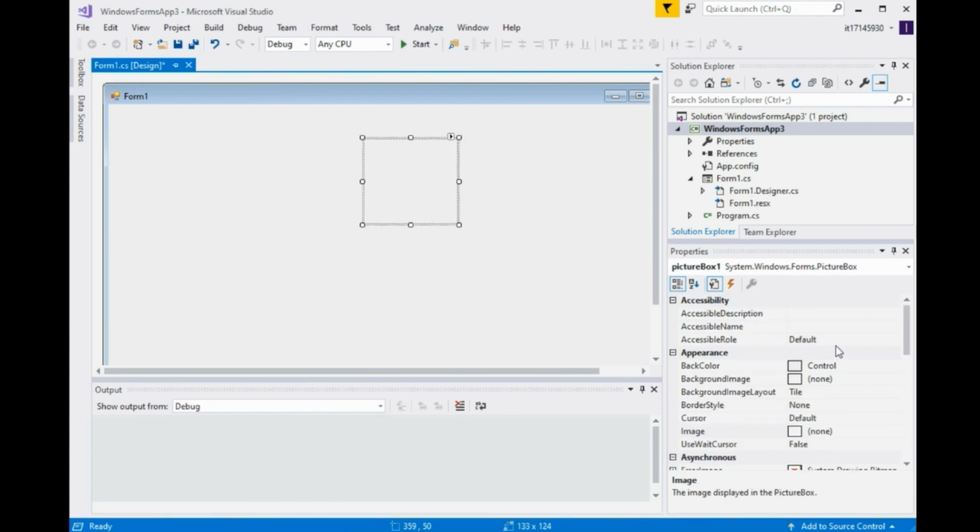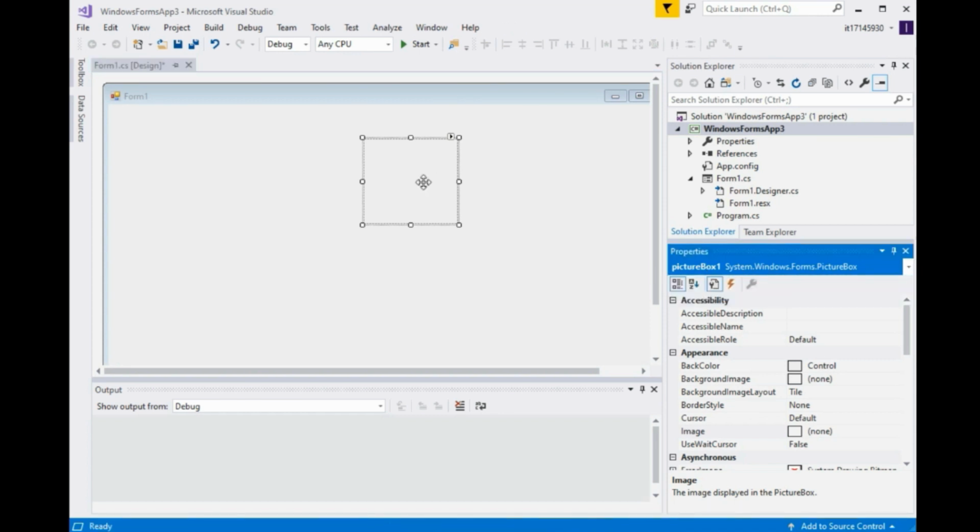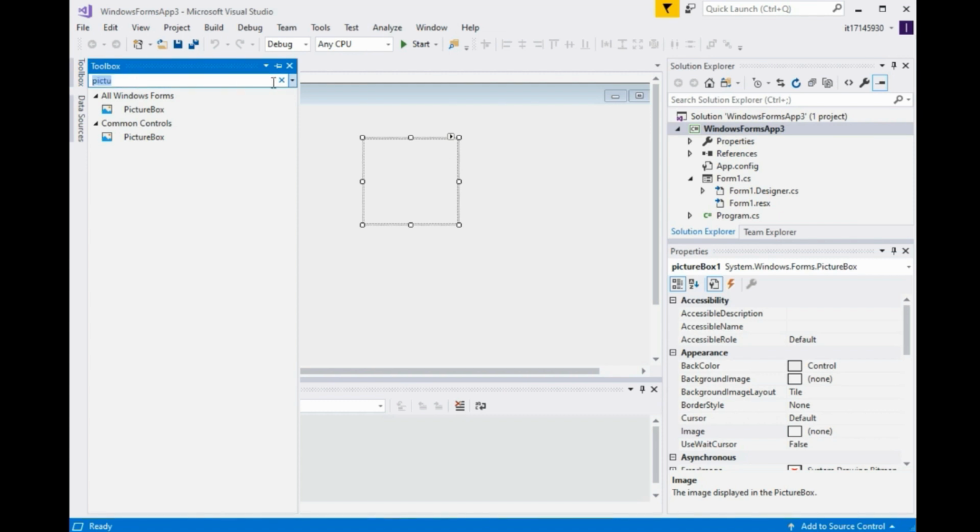Okay, the name is pictureBox1. You can see that one in the right side pane, that is called the properties window. You can see the name is pictureBox. And again you click the toolbox and search for button, because we need a button also to load the image into the picture box. Then drag and drop the button also here,